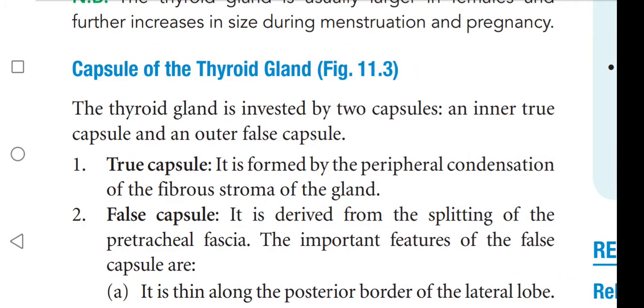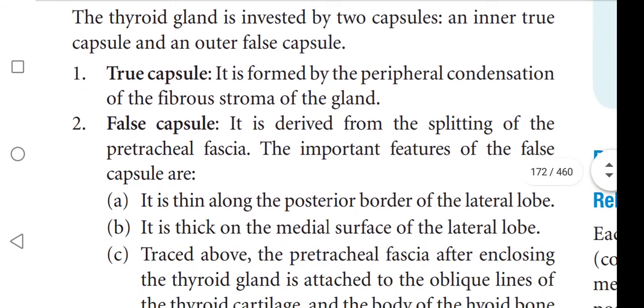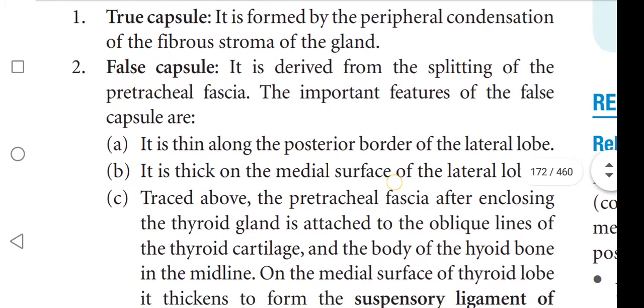Once again, capsules of the thyroid gland. The thyroid gland is invested by two capsules, an inner true capsule and an outer false capsule. True capsule: it is formed by the peripheral condensation of fibrous stroma of the gland. False capsule: it is derived from the splitting of the pretracheal fascia. The important features of the false capsule are: